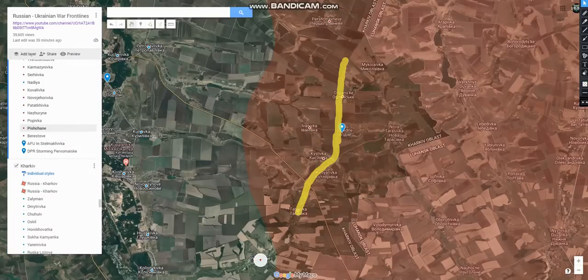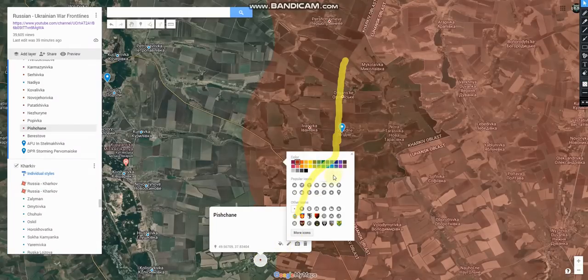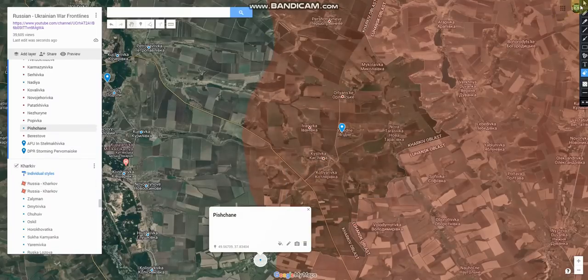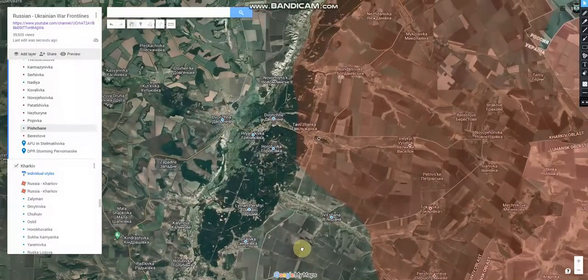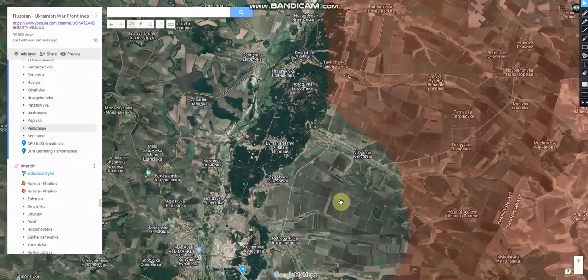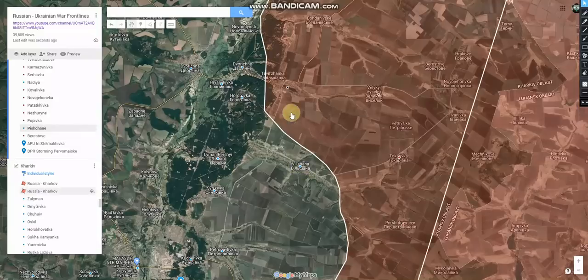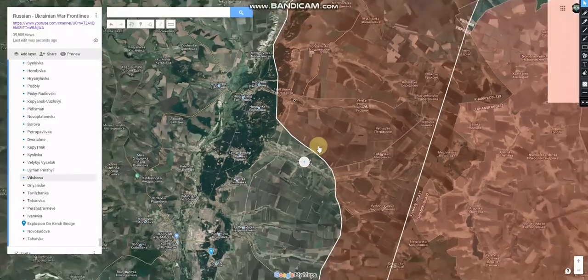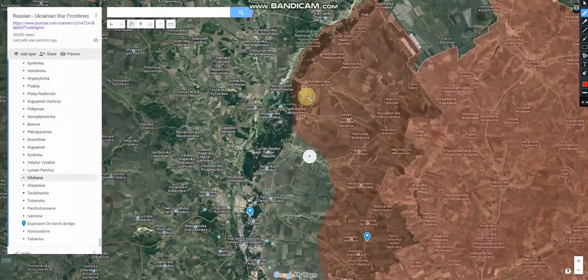I would say by now, Pischane is already under Ukraine's control, and so I will change that to blue. But moving on, you can see now that the Ukrainians stationed up here north around Dvorichny have basically linked up with the main Ukrainian grouping of, say, Kraken Battalion and the 92nd Mechanized Brigade and some of the battalions in the 14th Brigade. Through Liman Parashi, you really don't have that many Russian forces in this area. They were able to maintain their positions in Tavilzhanka, but they have withdrawn from Vilshana, and they're still holding on to Tokarivka, so I don't think that they're going to withdraw from the Oskil River over here to the north just yet,